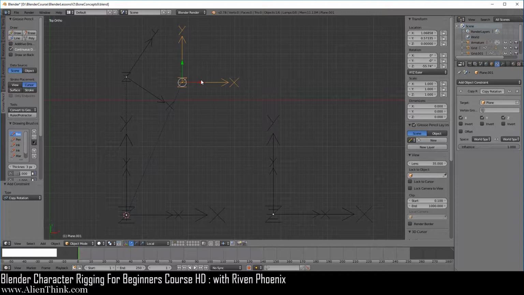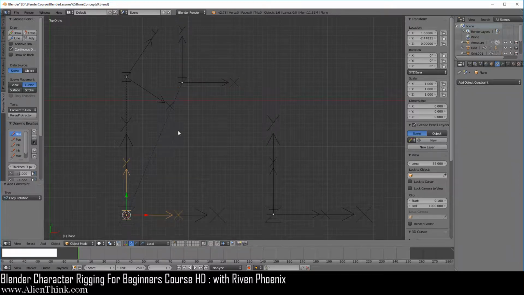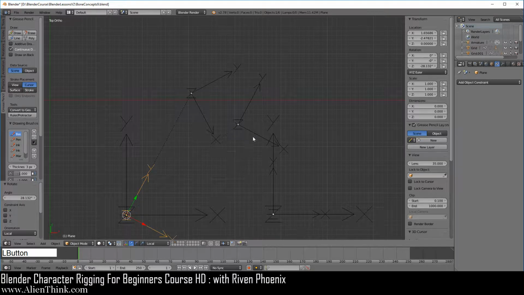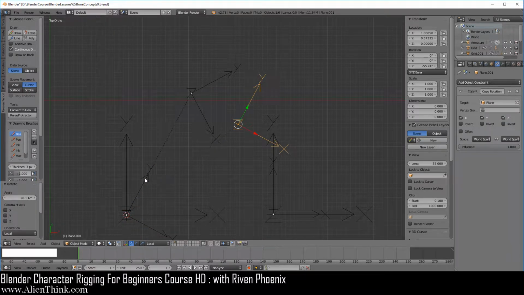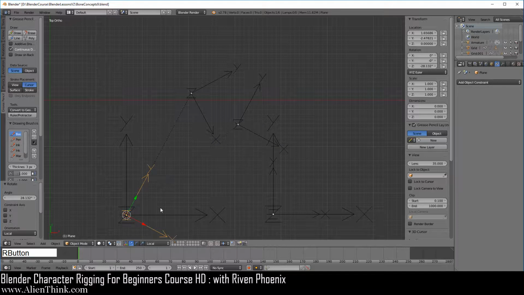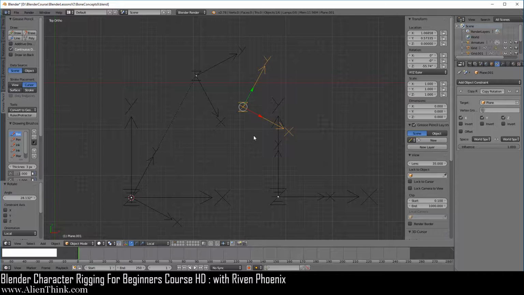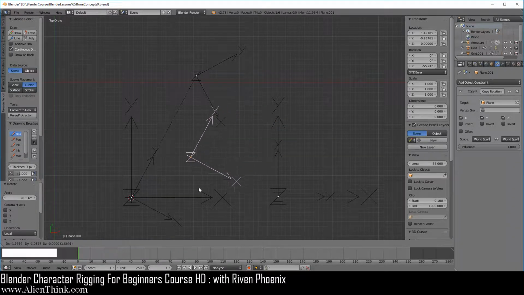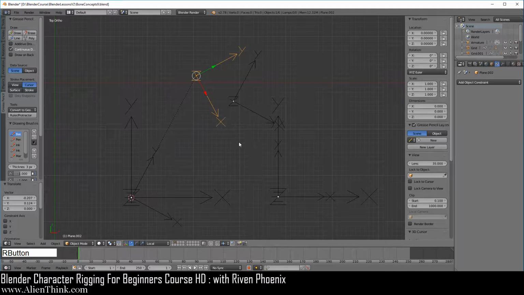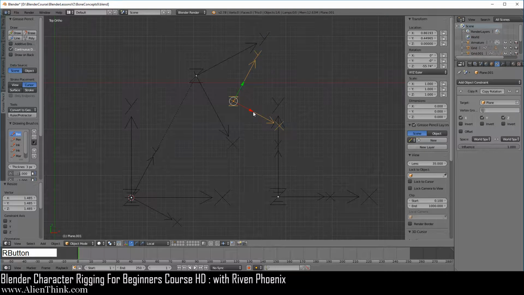So here what the child object is doing is simply looking at the parent in world space. So when we click on the parent and press the R key to rotate, the orientation for both objects are always going to match, right? Because if this is how the parent is, its orientation in world space, then the child is going to do the same thing. So you can press the G key and actually move the child a little closer to see that this is what's going on. I'm going to put this back here. I'm going to actually click on this axis and press the S key to scale this a bit so we can see the difference. Now go ahead and click on this child.